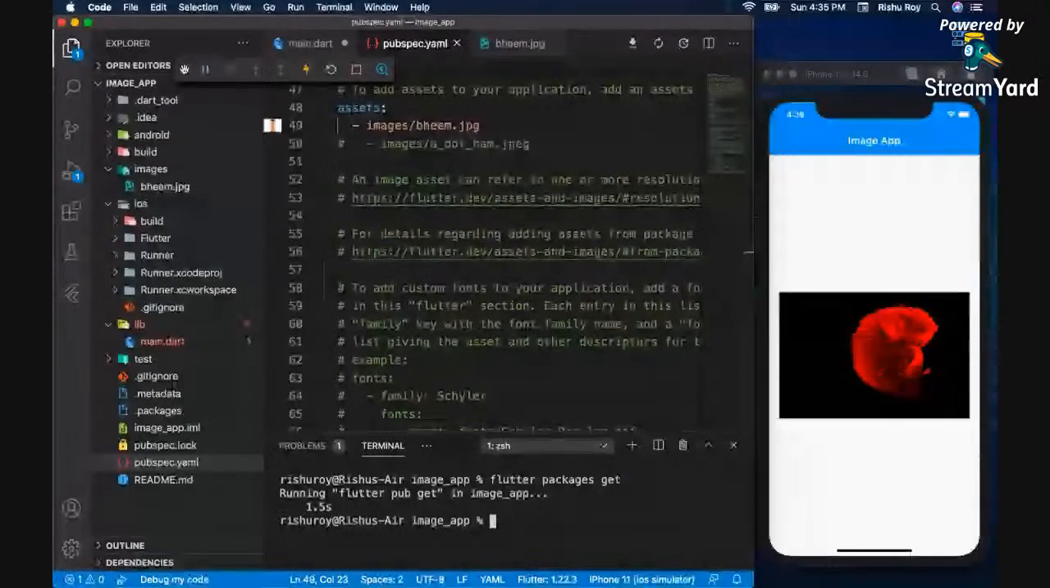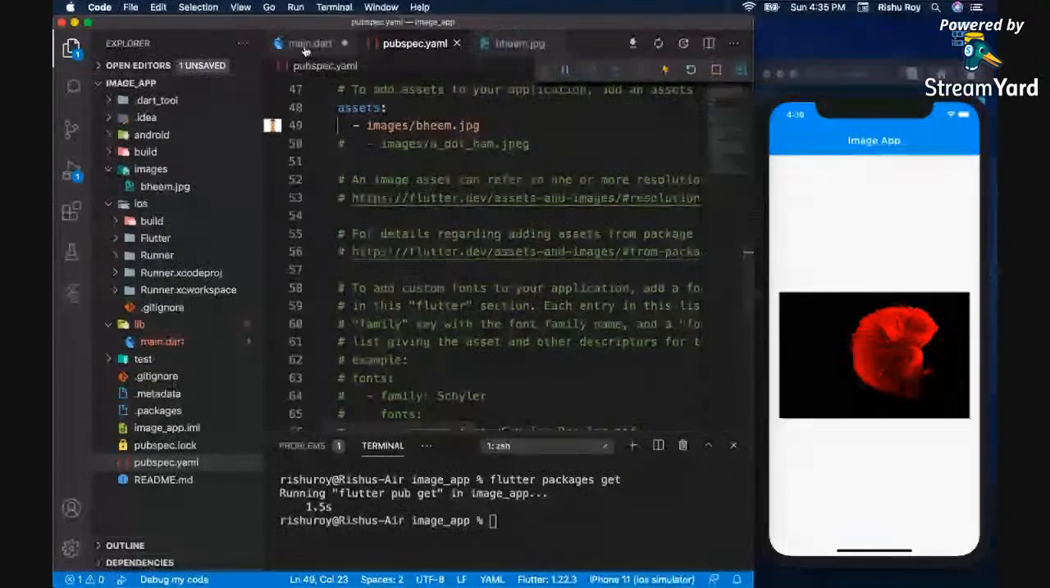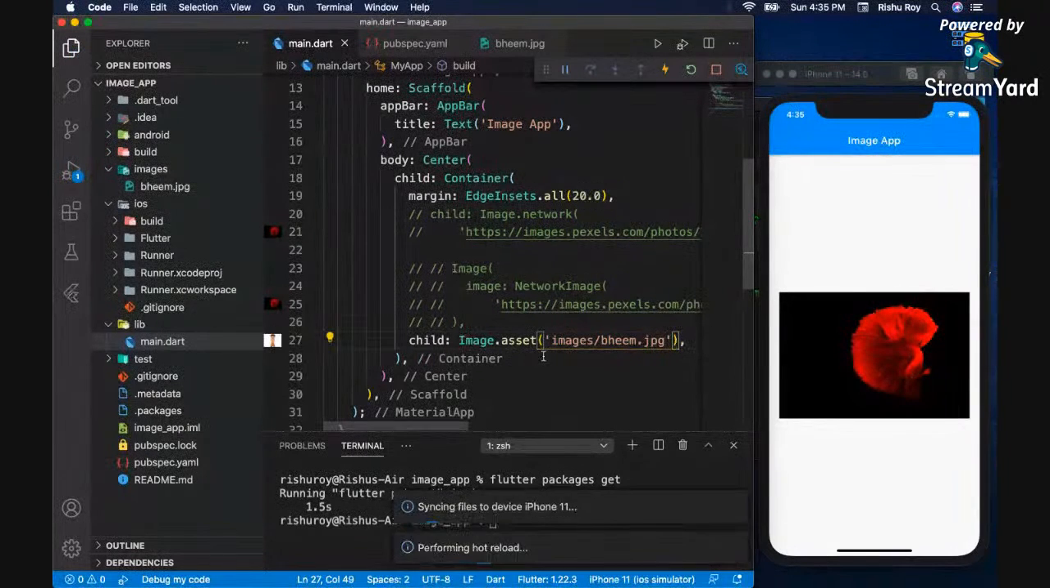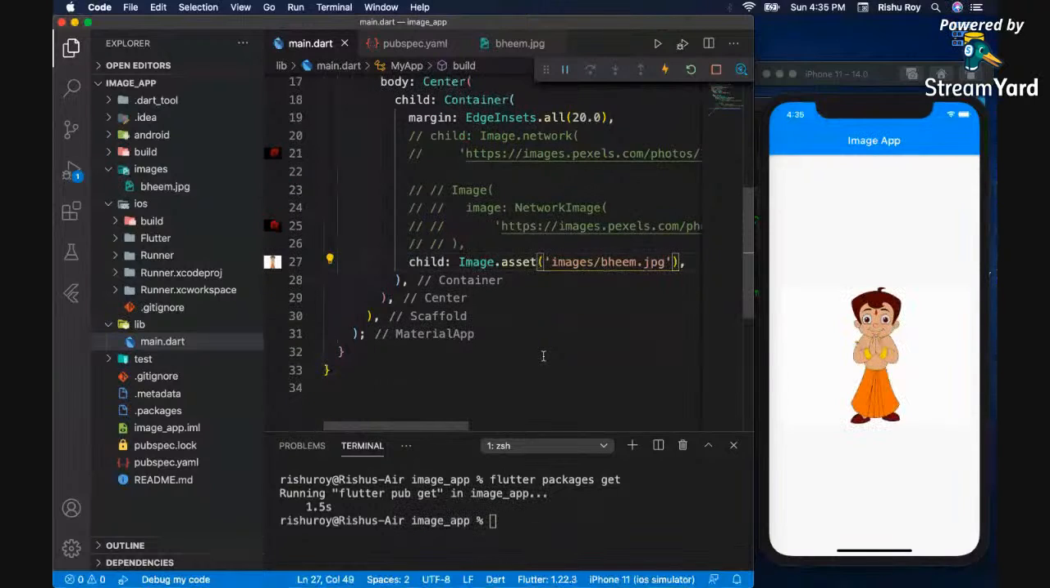Okay, so we have added the assets to our file. Now assign the path to our image. So our image resides in the images folder slash the name of our image, that is bhwm dot jpg. Save your file. Okay, so we got our image, that is our local image that we have put here, displayed on the screen. And in this way we have